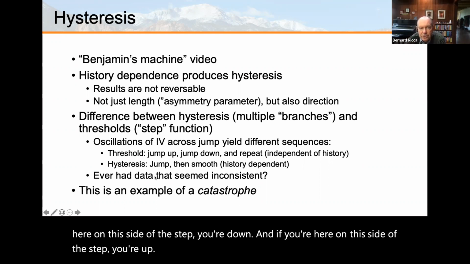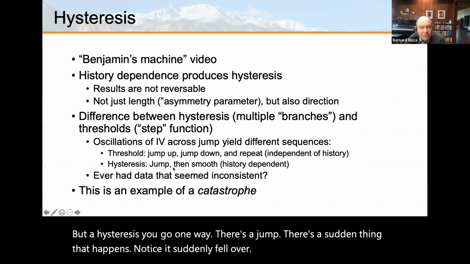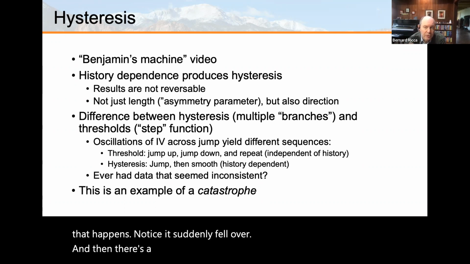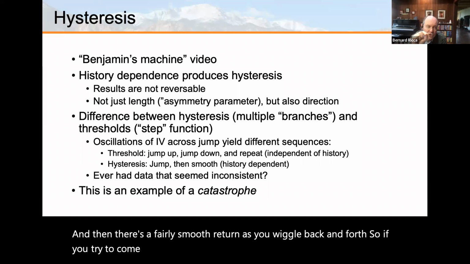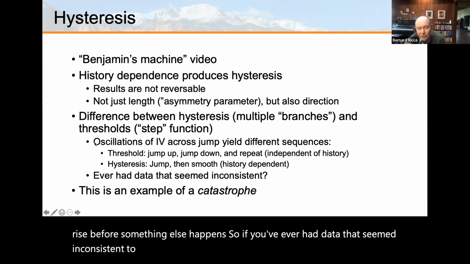But in hysteresis, you go one way, there's a jump, there's a sudden thing that happens. Notice it suddenly fell over. And then there's a fairly smooth return as you wiggle back and forth. So if you try to come back, it's a fairly smooth thing, and then it's a fairly smooth rise before something else happens. So if you've ever had data that seemed inconsistent with these little wobbles and these little noises,